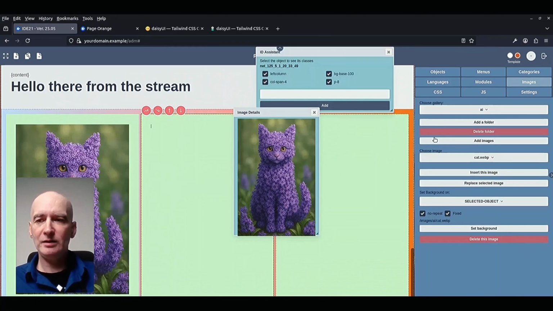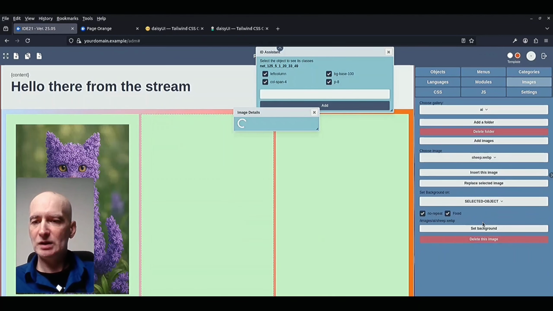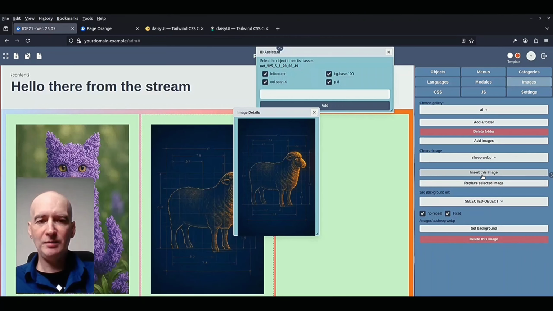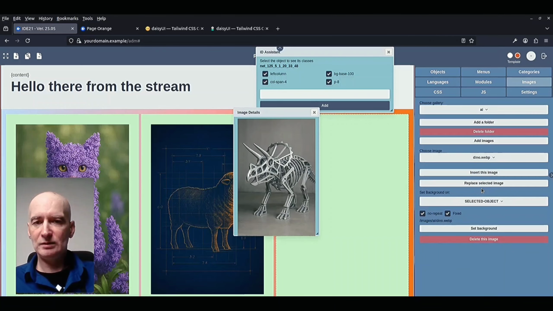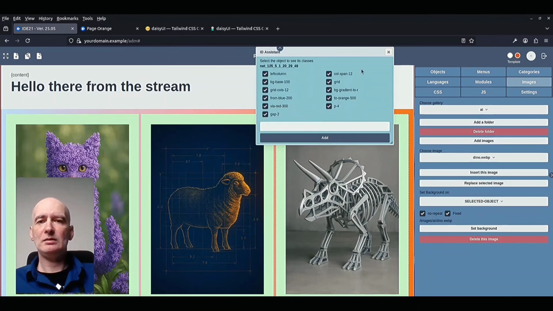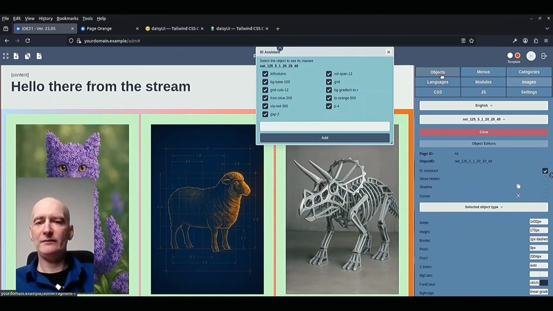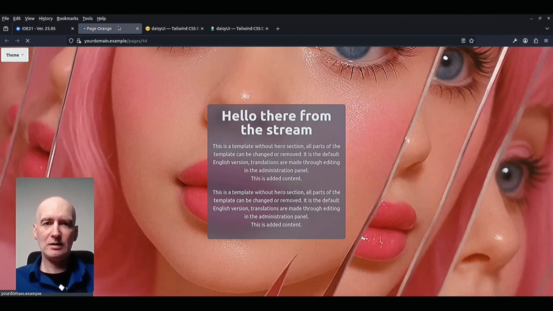Let's add another image like this sheep, and here we can add a generated dinosaur. Yes, so now let's save the template for us to see what we have done so far.